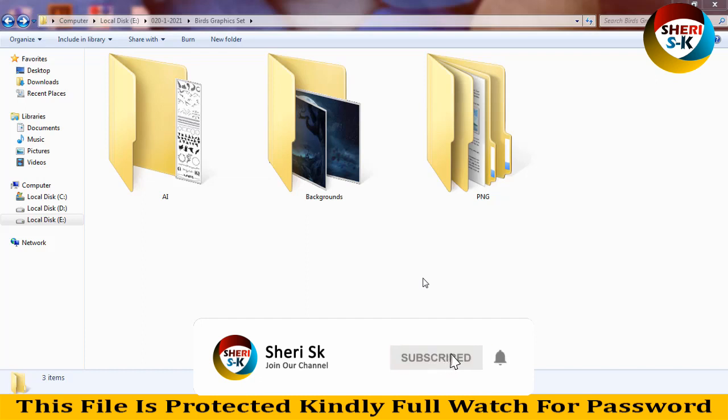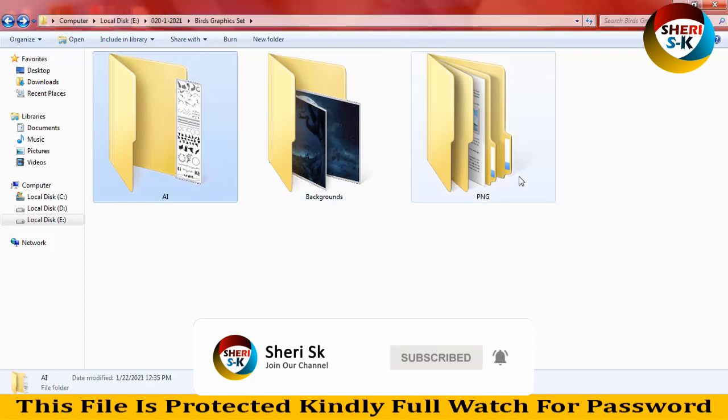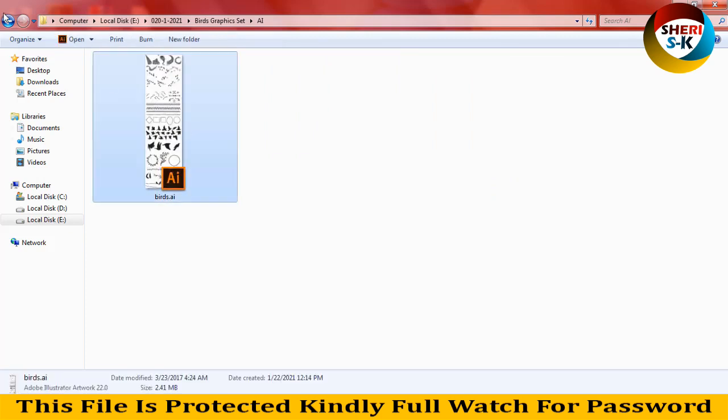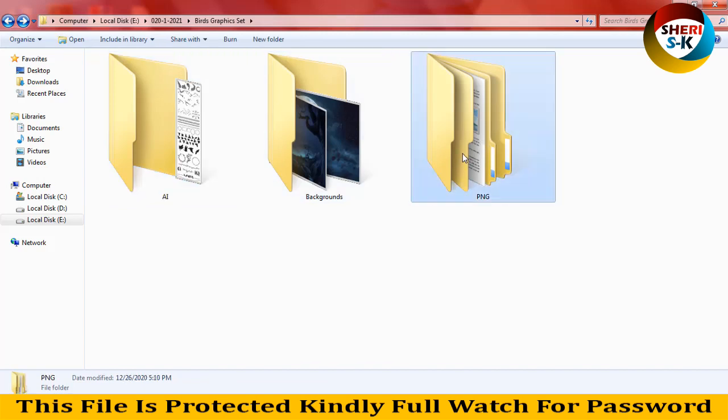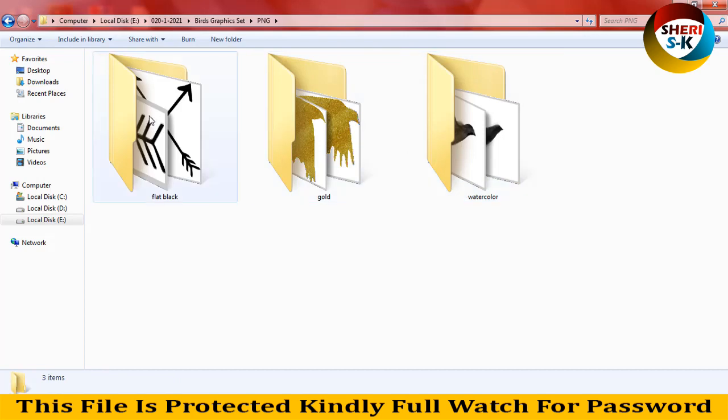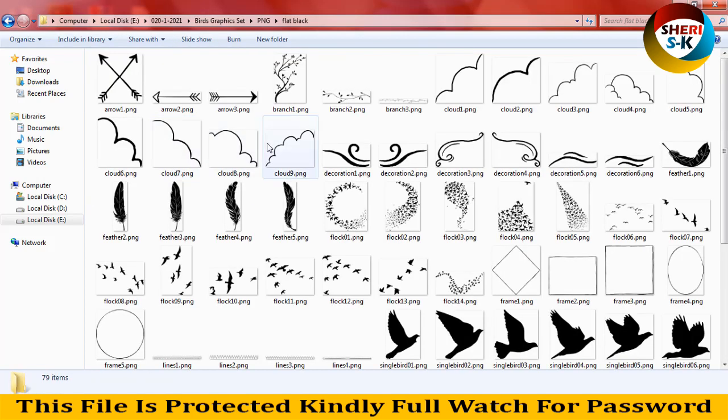Today I have bird graphics set, these files in PNG and AI for Adobe Illustrator. Here is all in one Adobe Illustrator AI file, and here is the PNG file for mobile editor or Photoshop anywhere. Here is some background from web. So first I show you. Here is the flat black